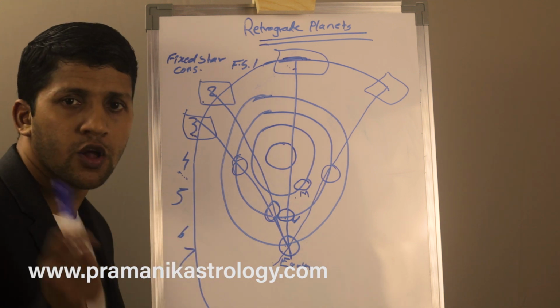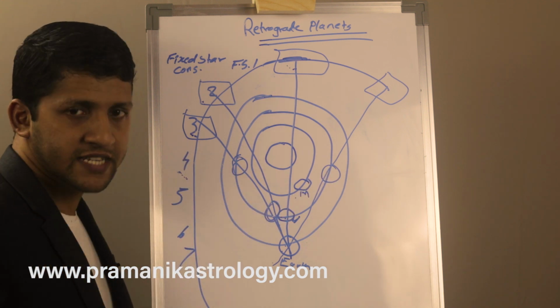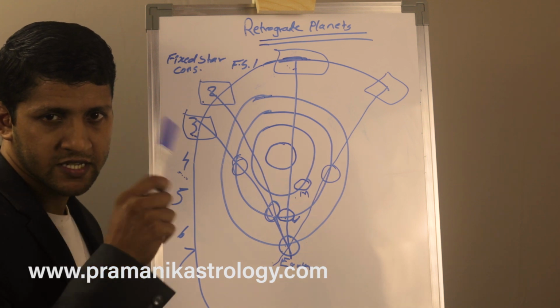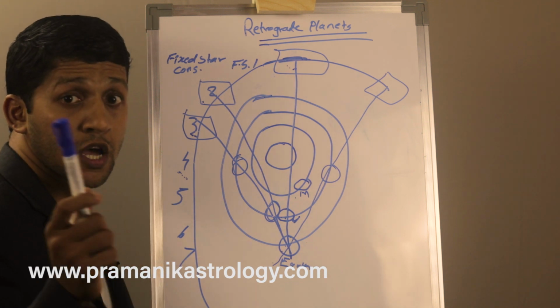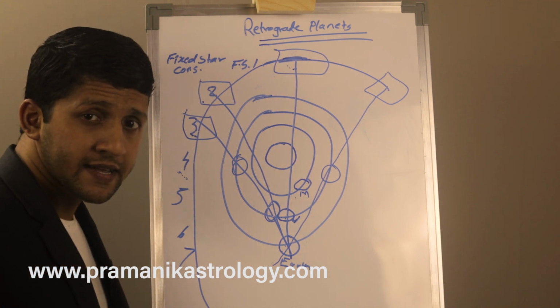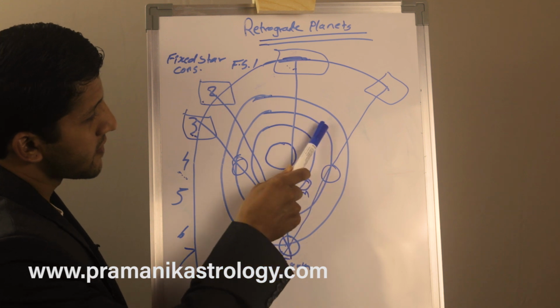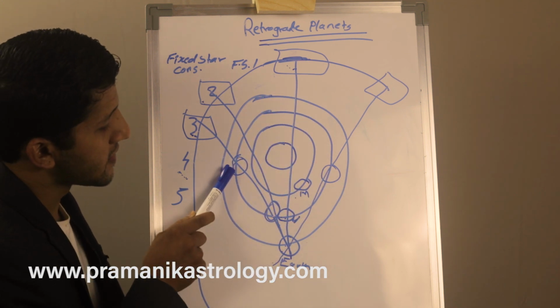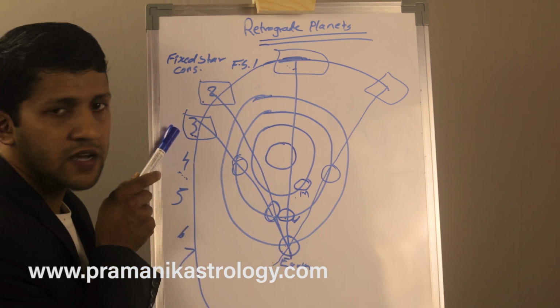Next point is we always see the planet at the backdrop of the fixed stars. We took an example of the Venus, the inner planet. What is inner planet? The planets between Sun and Earth, that is Venus and Mercury, okay, are the inner planets. Okay, so we always see the planets at the backdrop of the fixed stars. Now Venus is revolving around the Sun. Okay, now it comes here, and now we see the Venus at the backdrop of fixed star number 3.